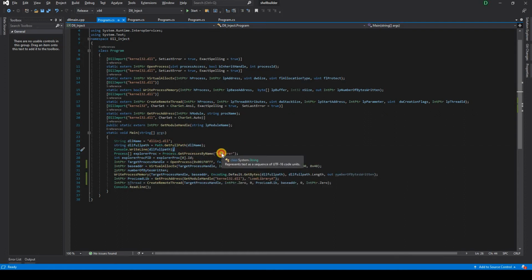I'm going to fetch explorer.exe just like we did last time, because that's one of the safest processes in Windows that we can safely inject into. So after taking that explorer.exe, we are taking the process ID. Then